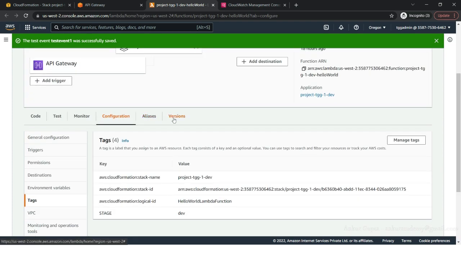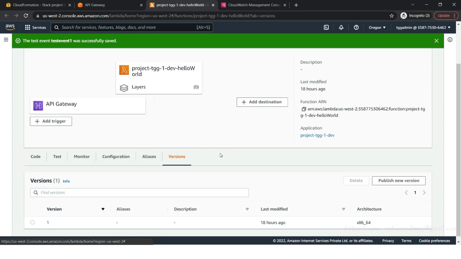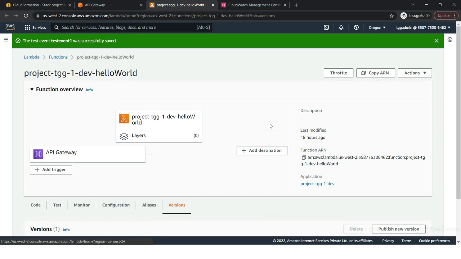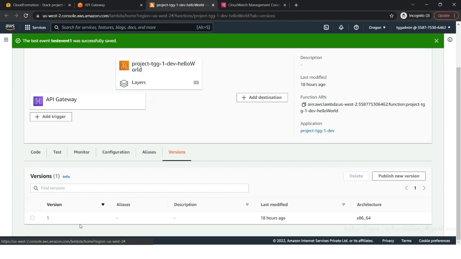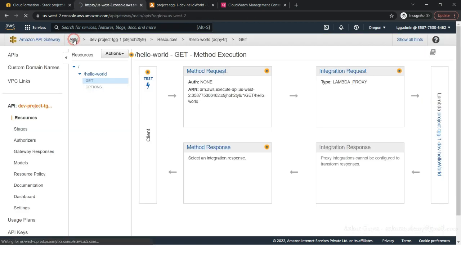One more thing that needs to be noted here is the versions section. So every deployment that you do for the Lambda function will get versioned here. So till now we have just done one deployment. That's why we have just version 1 here. If we update our code and deploy it again, then we will see version 2, 3, 4 defined here. So you can always revert back to a previous version if you have made a mistake or you want to roll back a deployment. Now if you go back to our APIs,